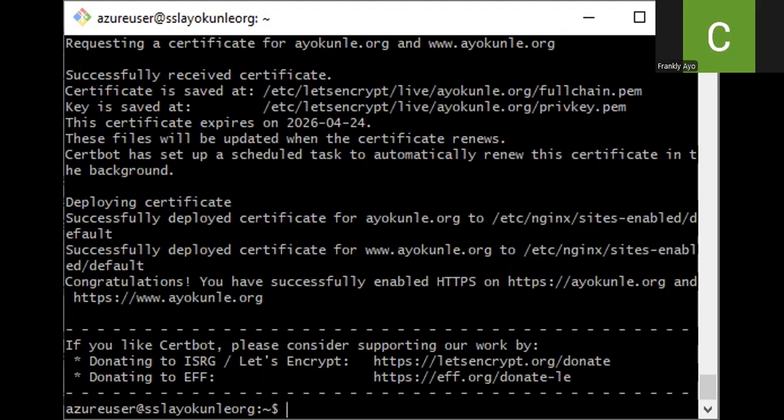Okay, so we now have our certificates. You can see the URL where the certificate is saved, /etc/letsencrypt/live/ayokunle. That's where we have the certificates, the PEM files, both the private key and the actual certificate. This is very fundamental because we have to reference the key and the certificate files in our web server. That's what will ensure that we can use HTTPS